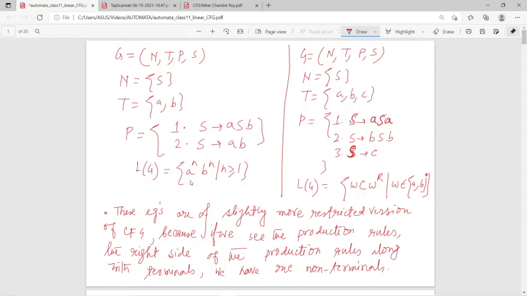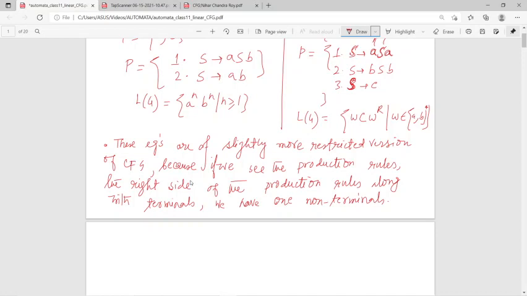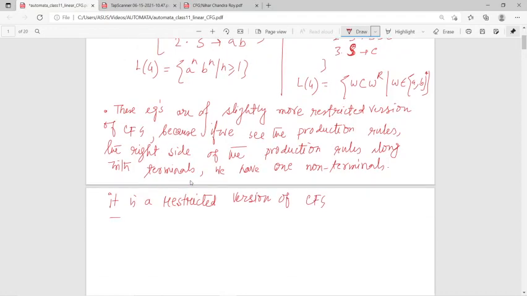On the right side of the production rule, there is a terminal, and as well as there is a non-terminal. So what we will see is that on the right side of the production rule, along with the terminals, we have one non-terminal, and so it is a restricted version. It is a restricted version of CFG, because in CFG,